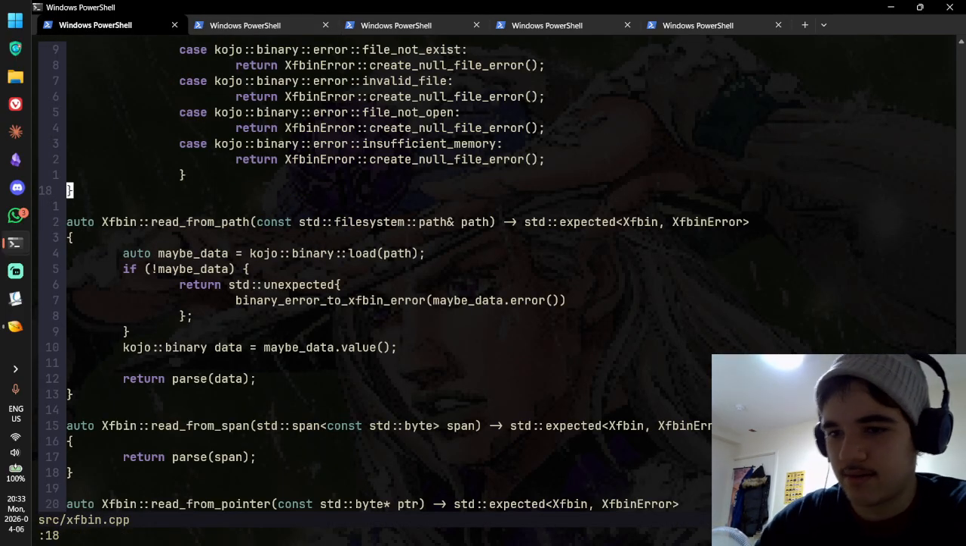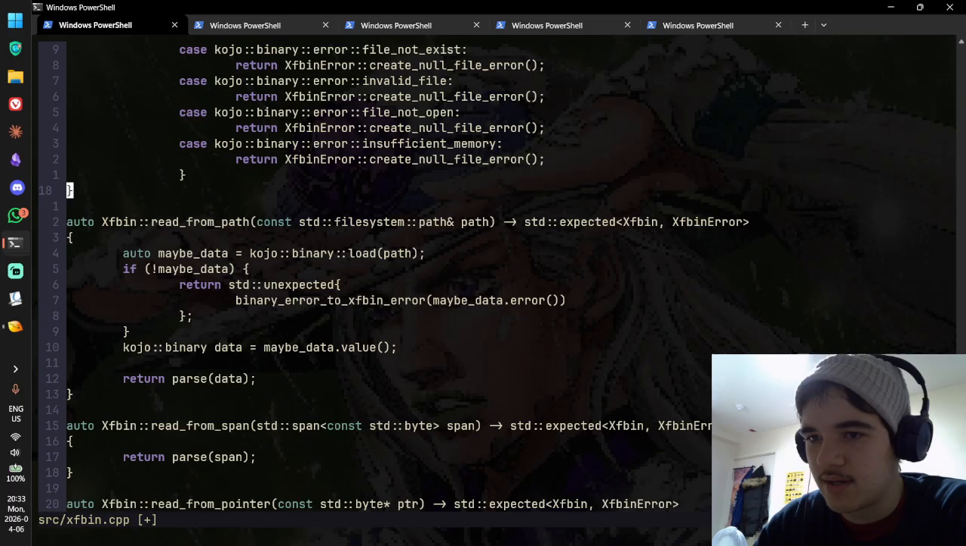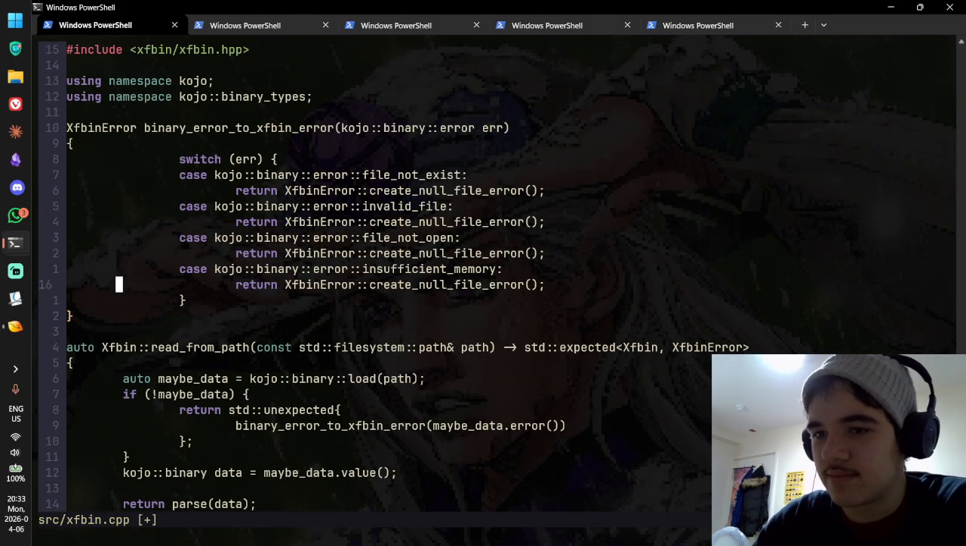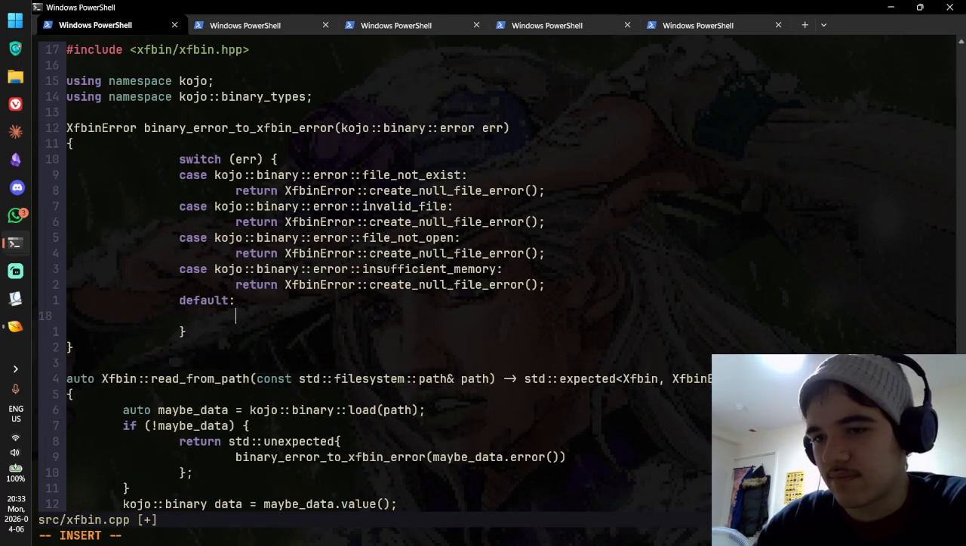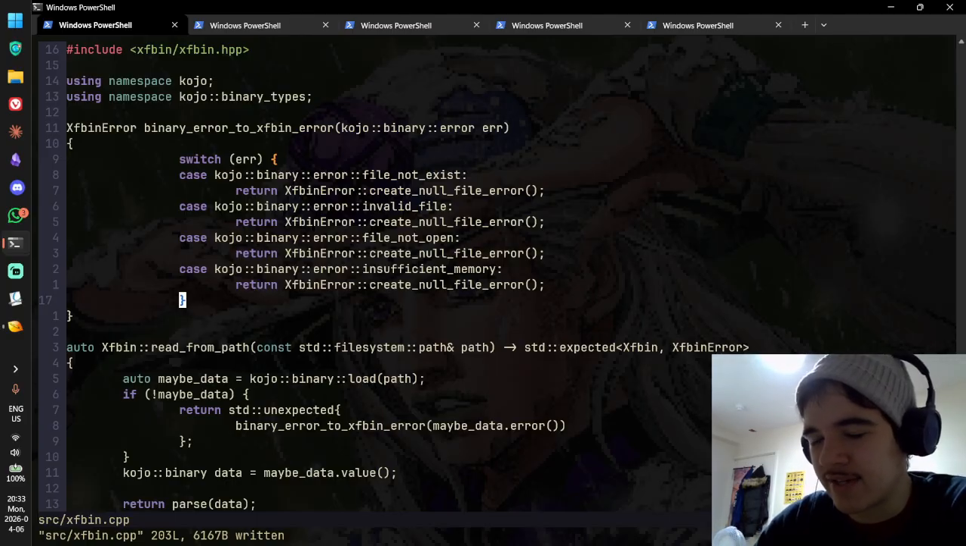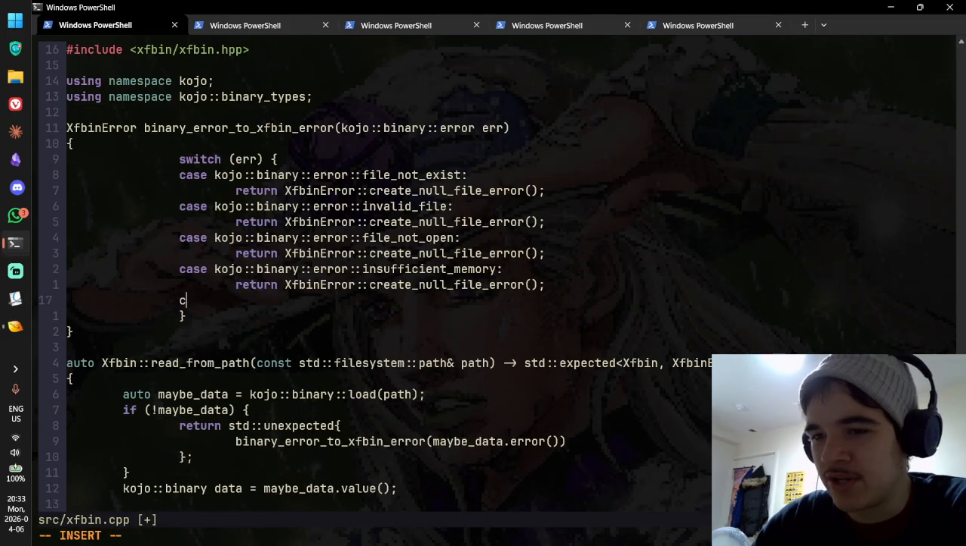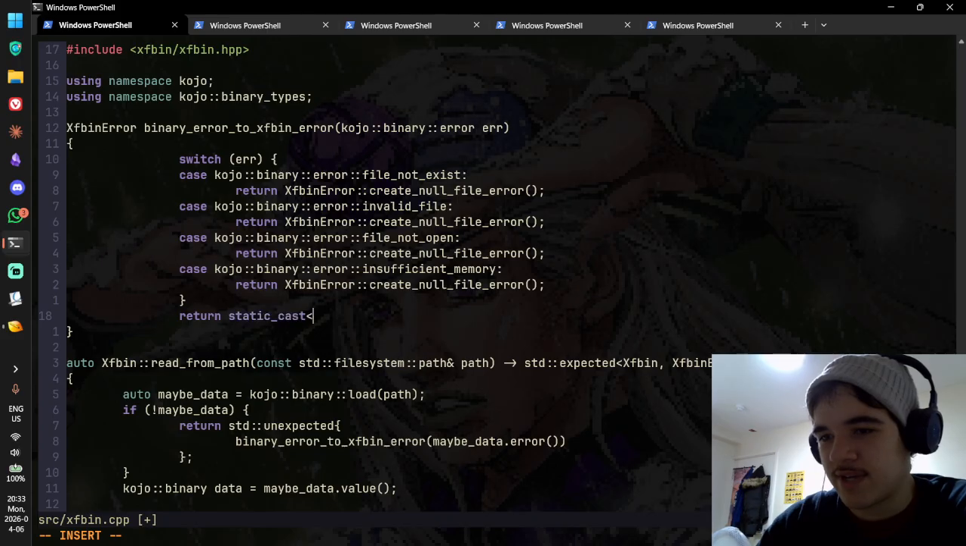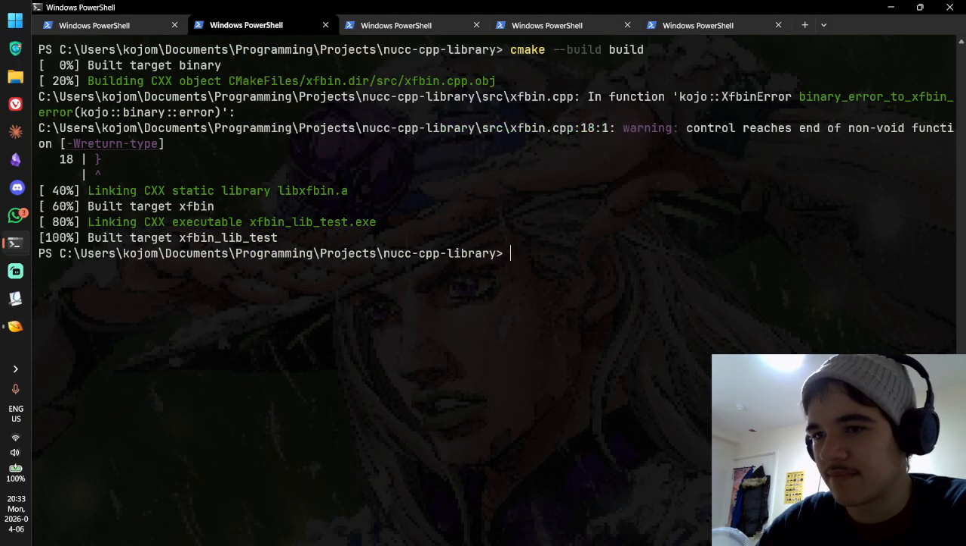Line 18, non-void function. That's right. Well, because we don't have a default case, that's why. Yeah, this is weird. I guess the thing is, it can't check if it's non-exhaustive. What do I do here? Or sorry, just defaults, or not even defaults, just return 0, but cast it to an XFBin error. It should never happen, but